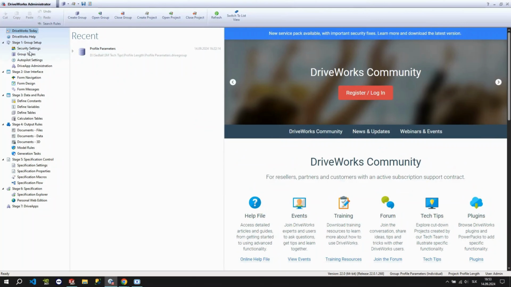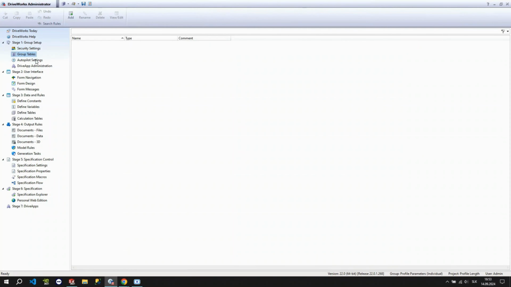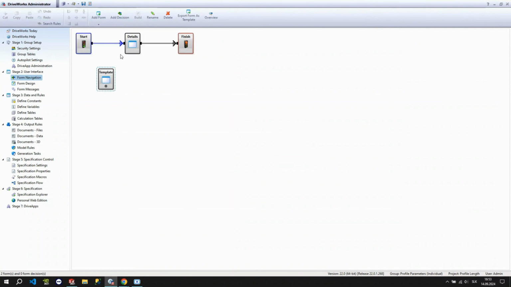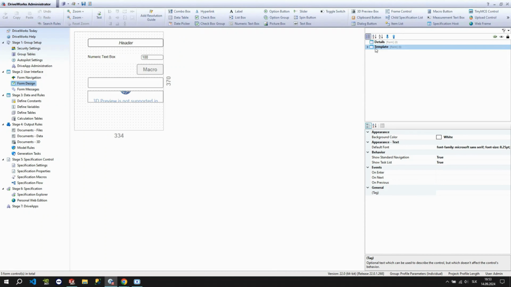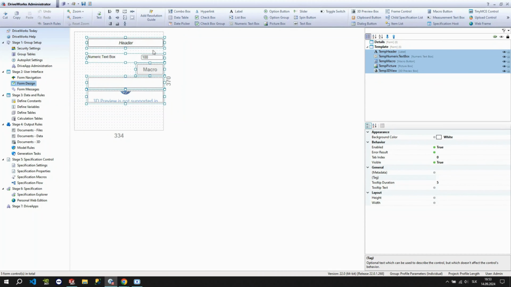Hello everyone! Today I'm going to show you how to make a simple DriveWorks application for generating profiles with custom parameters. Let's start with form design. I use some template buttons which I prepared before, and I'm going to copy them to the main sheet,